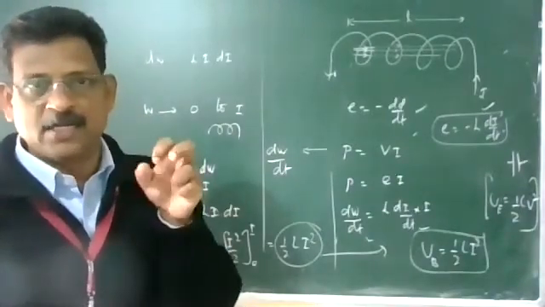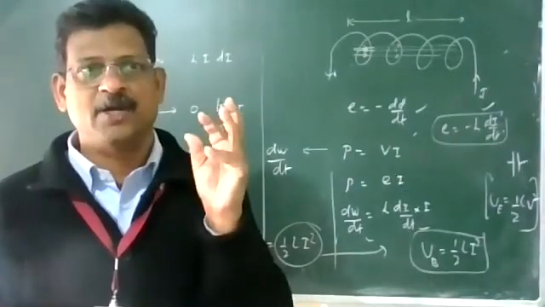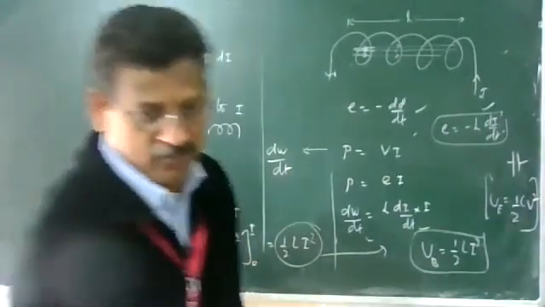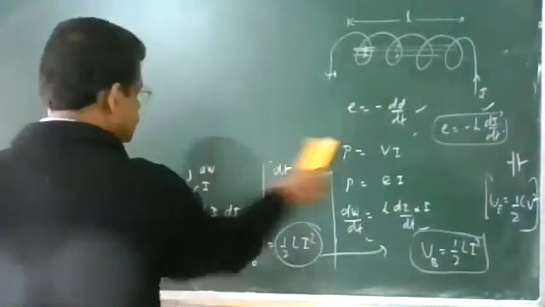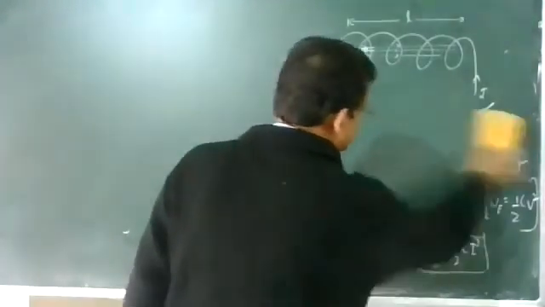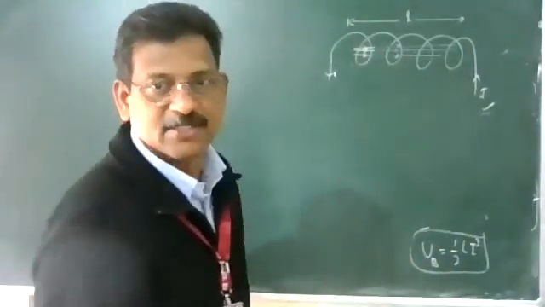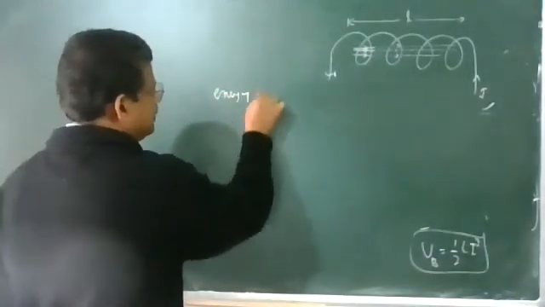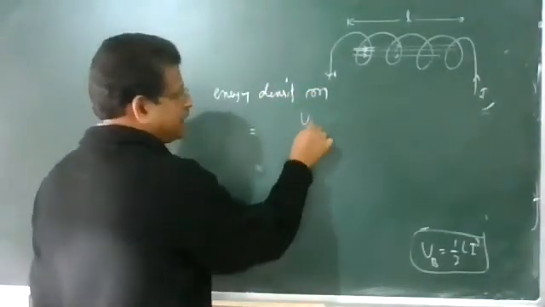Okay. In this inductor, we are going to find out the energy per unit volume. Just like, if you remember, the energy per unit volume of a capacitor we calculated earlier is equal to half epsilon zero E square. Energy density, we are going to calculate the energy density of a coil. The total magnetic energy in the coil is this. What is energy density? Energy per unit volume. Energy density of a coil is total energy divided by its volume.